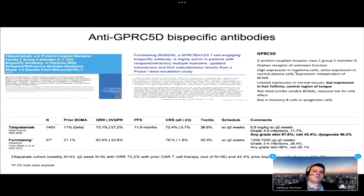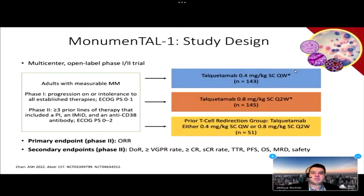But the other issue to note is that there is additional expression of GPRC5D on other tissues of the body. Notably, it's expressed on the squamous epithelium of the hands and feet, the lining of the oropharynx, and salivary glands. So the main toxicities are skin and nail toxicities. Patients get a desquamating rash, which to me looks just like the rash from capecitabine, Xeloda. But perhaps a bigger issue is the dysgeusia, anorexia, loss of taste, and loss of appetite that patients have while utilizing